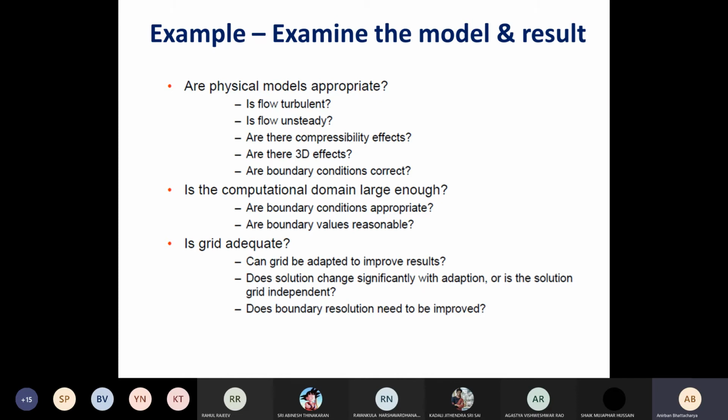So you are solving for boiling heat transfer, for example, and the vapor bubble has a density which is 1,000 times less than the liquid water. So at the interface of the vapor bubble, there's a 1,000 times jump in density from the vapor side to the liquid side. In those cases, a very refined grid may actually cause some problem.